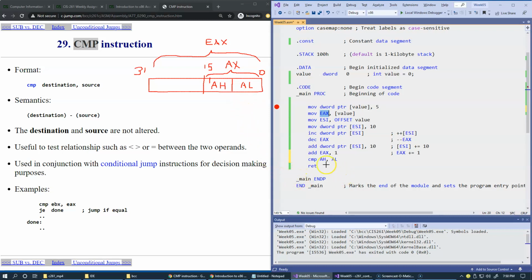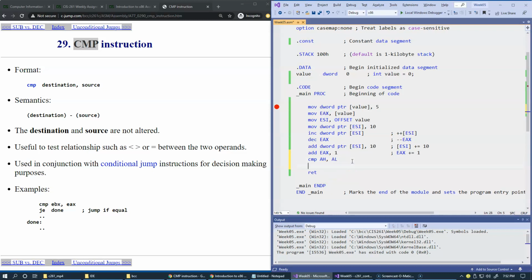And so now this instruction compares 1 byte, so this is 8-bit and this is also 8-bit, so it compares 2 bytes. It basically compares these 2 values, and then I can say if these 2 values are equal, as in this example, we can say jump if equal. So if the outcome of this comparison is such that the registers are equal, I can jump to some kind of